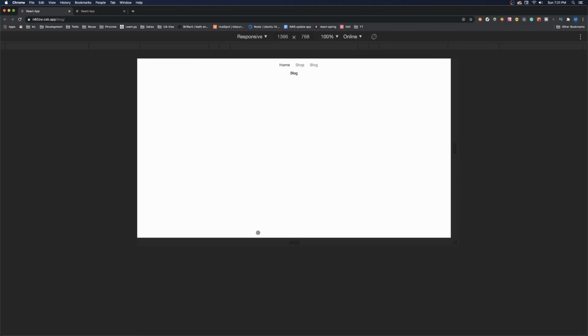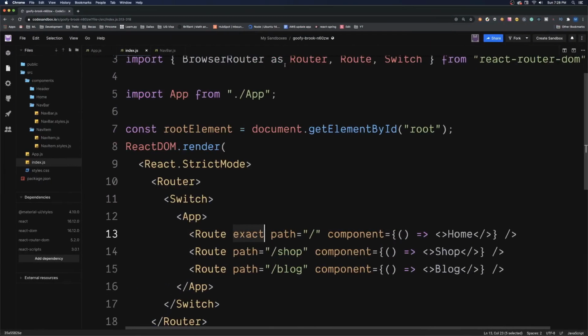And we can see that now it's working because we see that now it says blog. But let's try it. Let's go to chop, and now it says chop, blog, and home. And well, something is not exactly right, because when we click home, I would expect to see home, and I don't see it. So let's go back to the code, and I think I know what it is. So let's go to the nav bar,